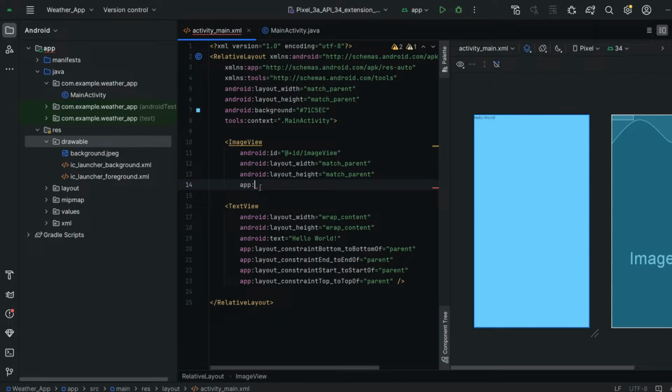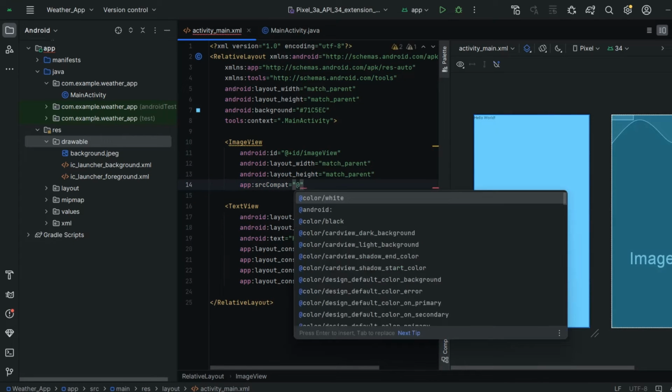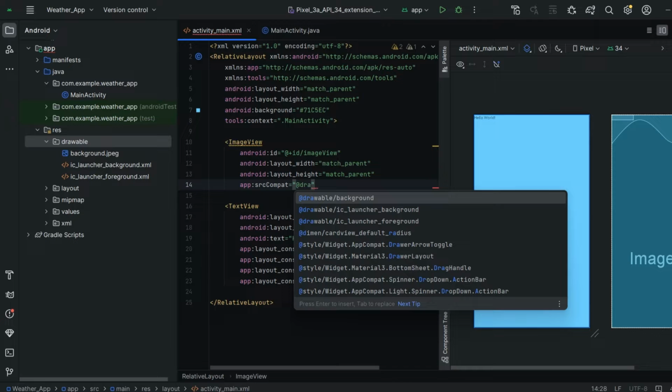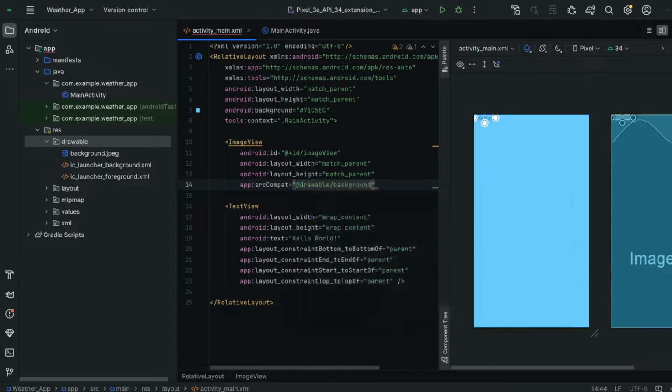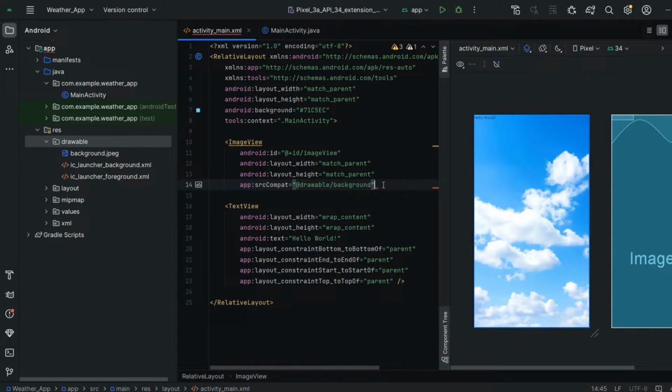For that we have to use the command app:srcCompat equals to, here see guys, this image present in our drawable folder, so we have to define the path @drawable/background. Yeah, that's correct. Next I'm going to close this image view.